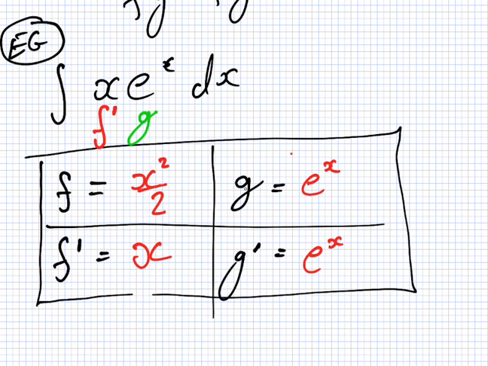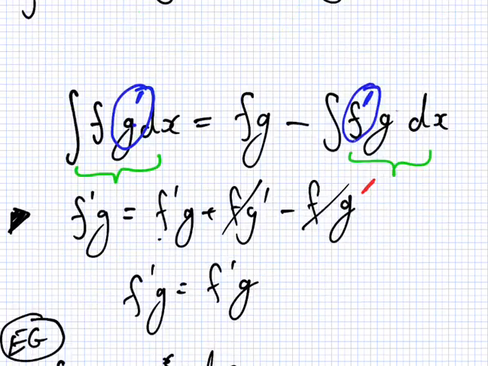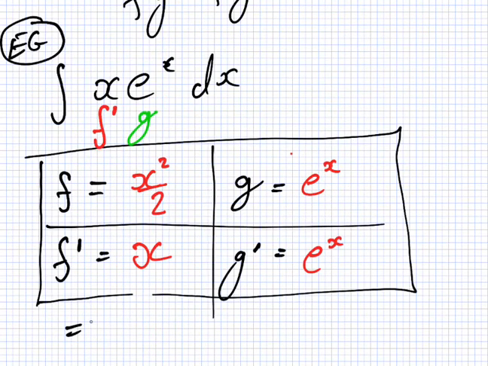Okay, so that equals, if we go back to the formula, you have fg minus f'g. So that equals f g minus